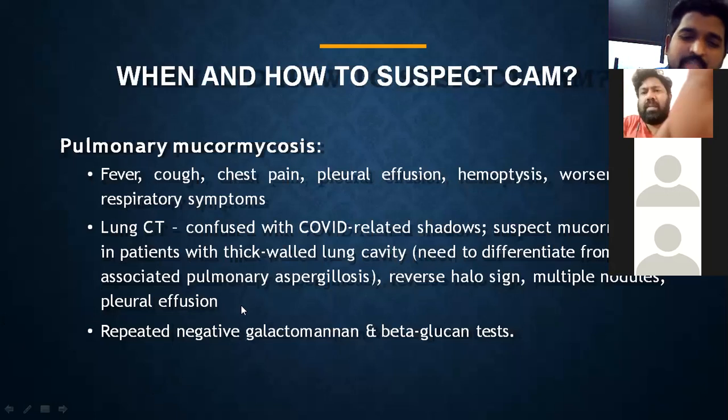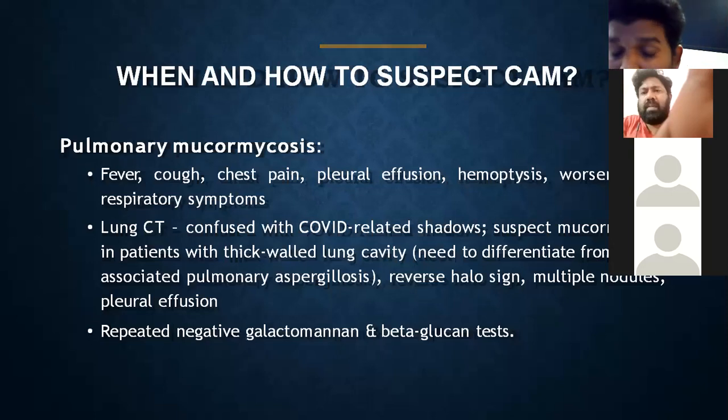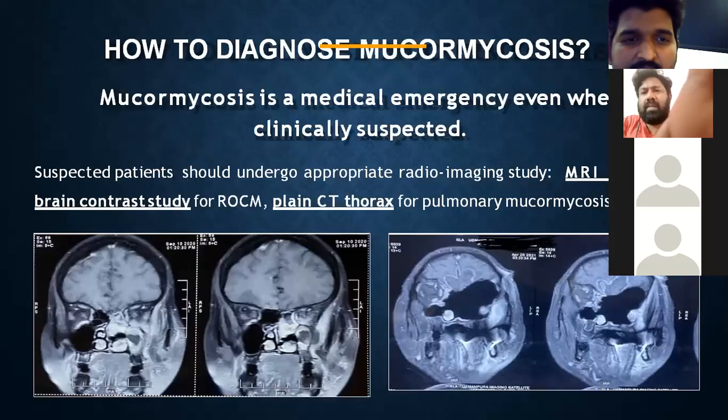And one of the most common serological investigations that we ask for in patients with invasive pulmonary aspergillosis, or invasive fungal infections, is serum galactomannan or the beta-glucan test. And these tests are often negative in patients with mucormycosis. These tests are diagnostic for invasive aspergillosis and not for mucormycosis. Sometimes in mixed infections, you may see both fungal infections, mucor and aspergillus, in the same patient. In that group of patients, you may get a positive serological test.